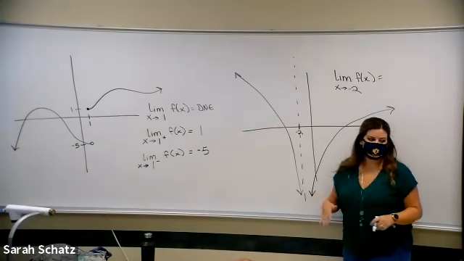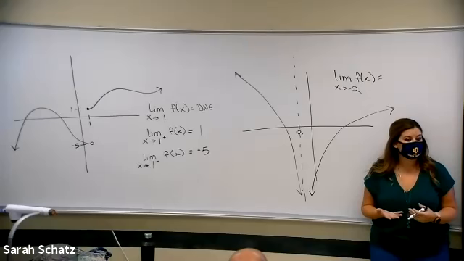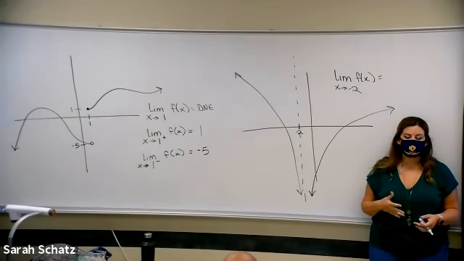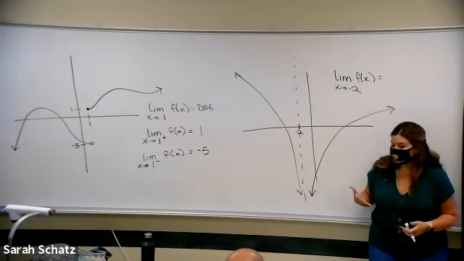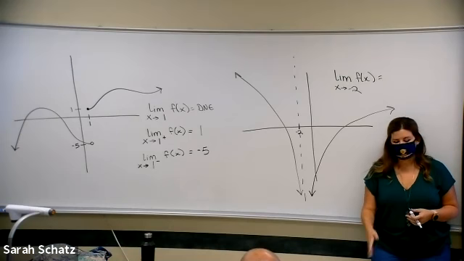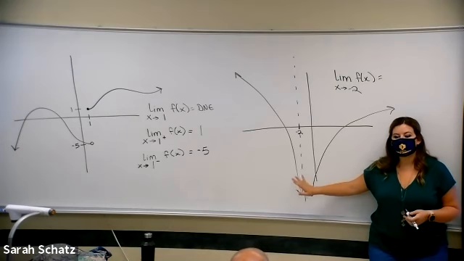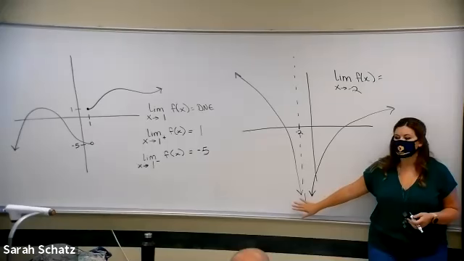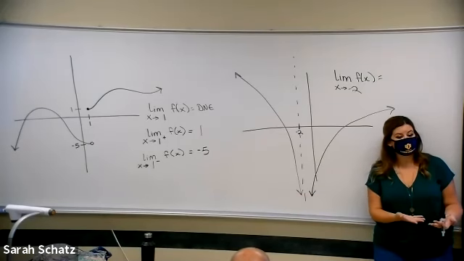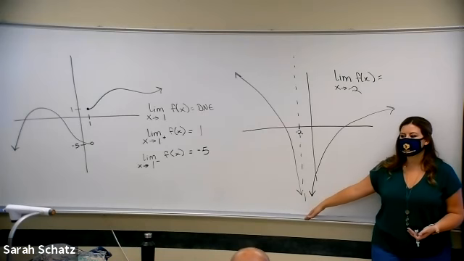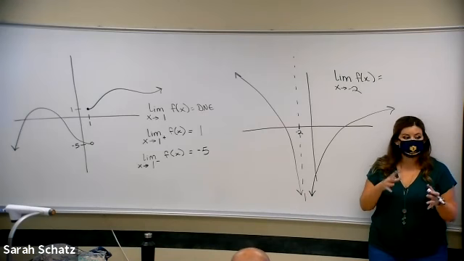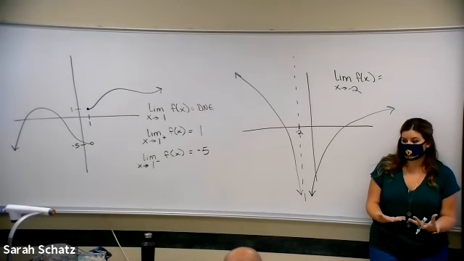So when I talk about an infinite limit is what we're going to talk about. Now, there's a couple ways that different people look at it. And one of the biggest pet peeves I have with your particular book is that in section 1, it'll tell you that, well, it's not approaching anything. Approaching an infinity doesn't count, so it doesn't exist. But in section 2, it says, oh yeah, we'll call that -infinity. So we are going to go with section 2. I like to be able to define it as much as possible.